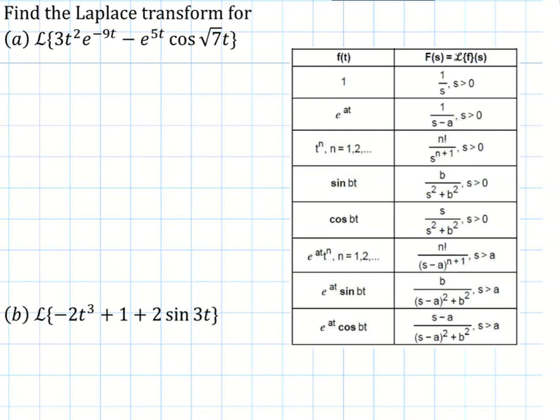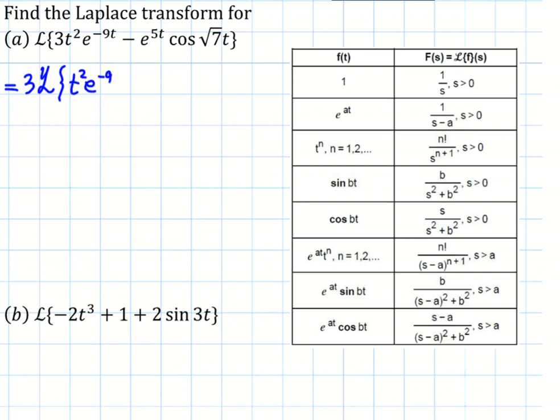And then we just look at something like this. And then actually that for the second function, that should be simple. Right. But first, what we see here is that because of the way we define the Laplace transform in terms of integration, which is a linear operator, we can just write this as 3 times the Laplace transform of t squared e